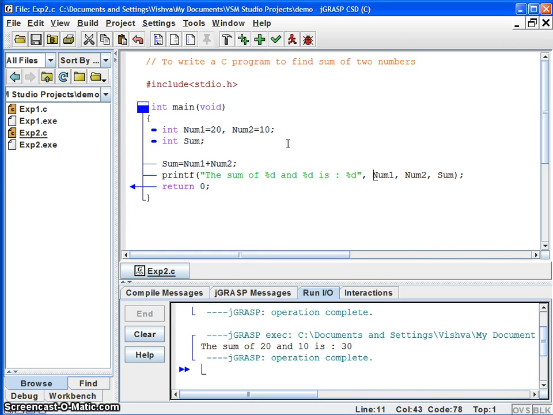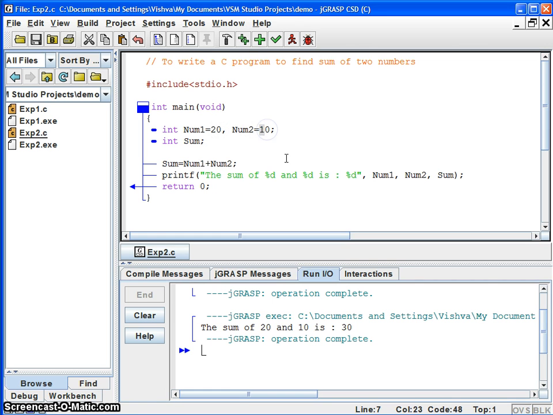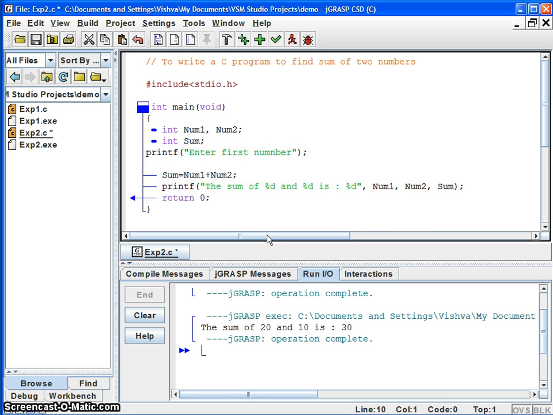Now, what if the user wants to give number 1 and number 2 when the program is executing? That means you want to feed the numbers, not fix them. So we have to remove the values we assigned, and also we need to have an option. I'm now saying printf enter first number and I say now